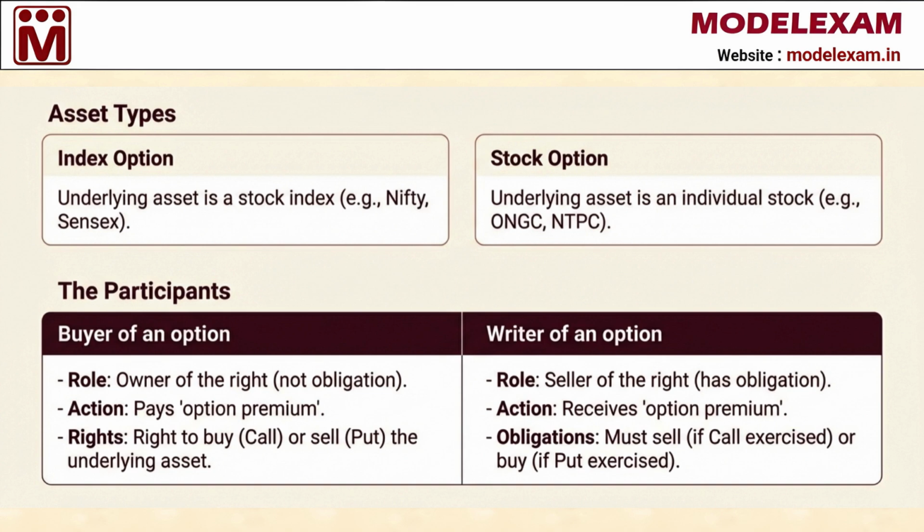Options can be based on an index like the Nifty or Sensex, or on individual stocks like ONGC or NTPC. In these trades, you have two main participants. The buyer is the person who owns the right to trade but is not forced to do so. To get this right, they pay an option premium. On the other side is the writer or seller who receives that premium. Because they took the money, they now have an obligation to buy or sell if the buyer decides to exercise